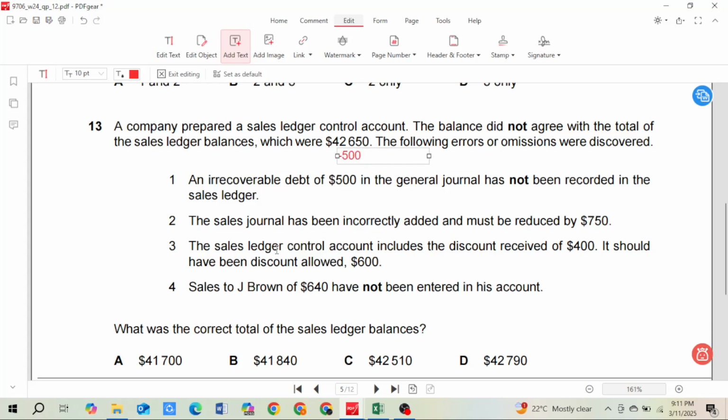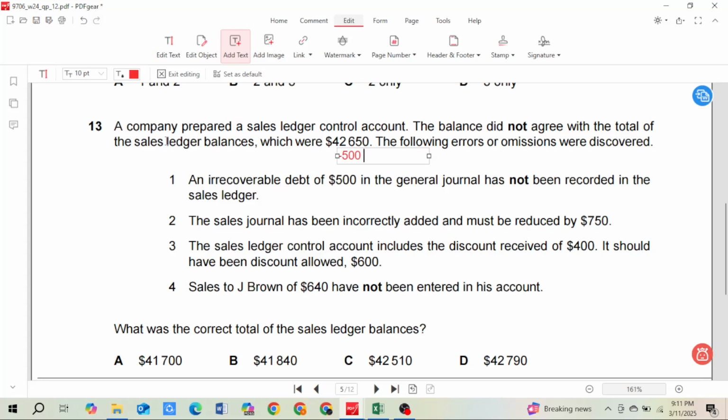This is recorded. This is the incorrect figure in the journal. So journals are corrected in the sales ledger control account, so we don't need to do this out here. And this is the sales ledger control account which included discount received instead of discount allowed. This will also be corrected in the sales ledger control account, so not in the individual customer